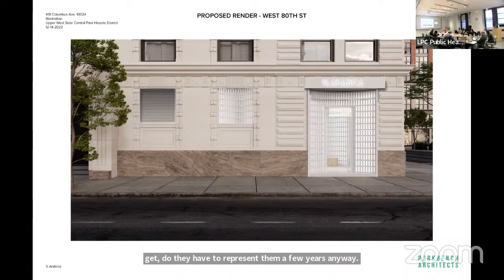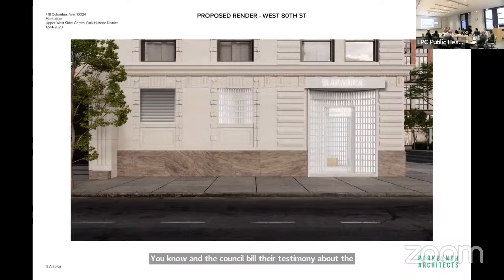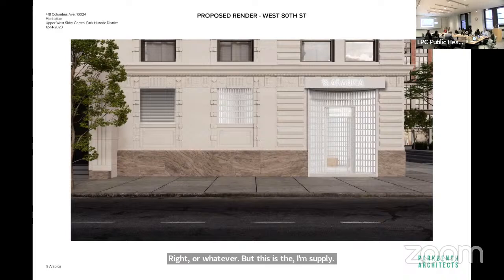Interesting discussion, because as I was saying, the report is reaching out on my other job about retail theft, that this is the sign of the times. And the testimony about the council bill, I think they since raised the bar. Originally, it was supposed to be at least 50% transparent, so that it doesn't look like Rikers Island or whatever. But now I'm surprised to hear that it's 70% transparent,